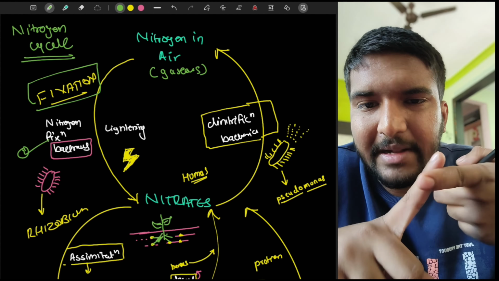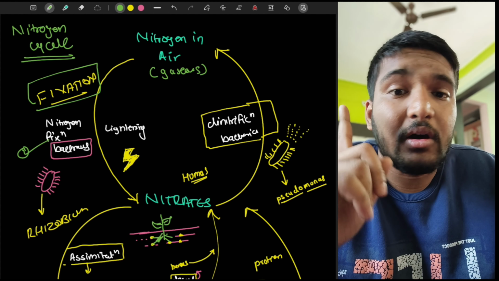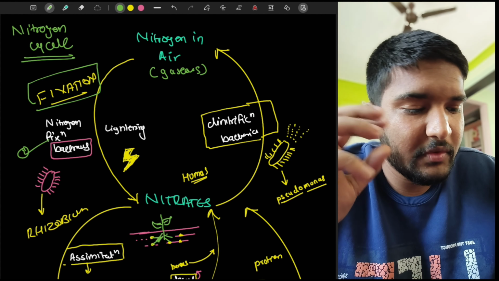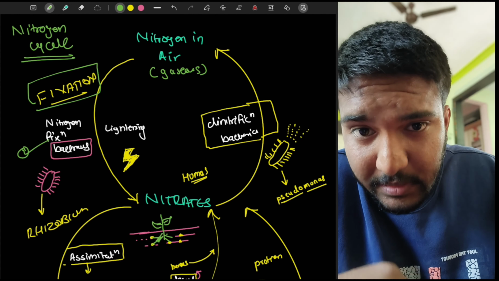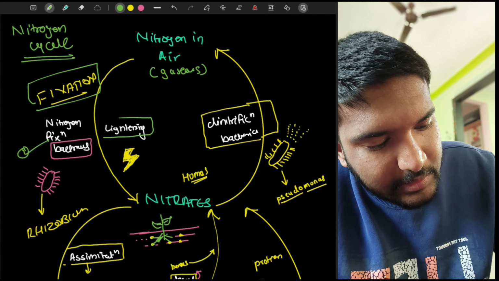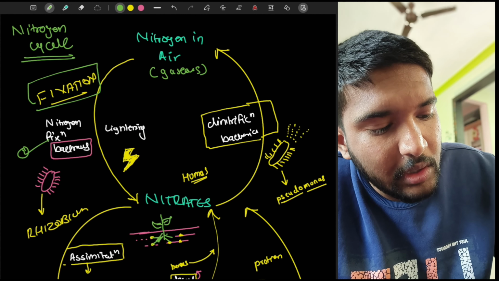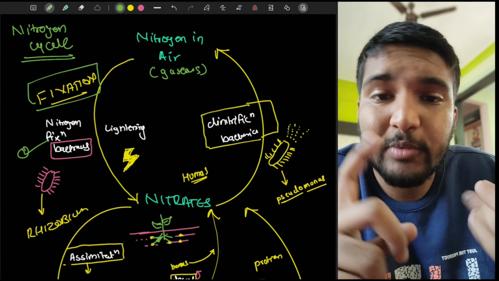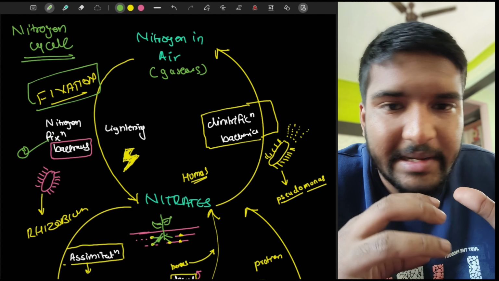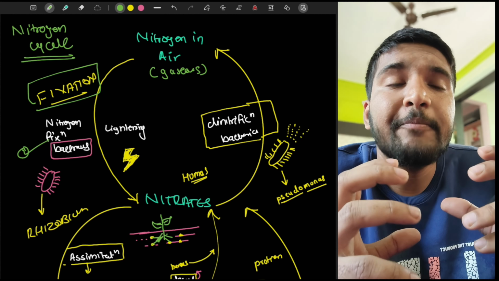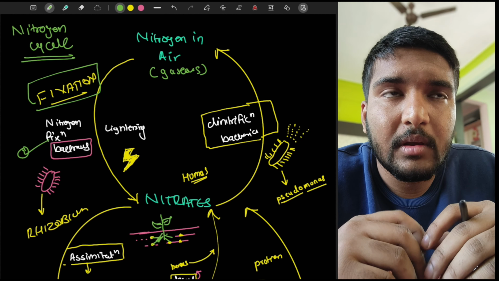So these compounds can be nitrates, also some gases, but we would be specifically talking about nitrates. There is also another thing that helps in fixation, that is lightning. Now, what does lightning do? Lightning provides a large amount of... okay, so before studying what lightning exactly does, let's understand